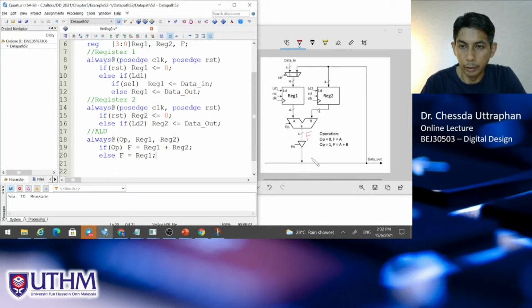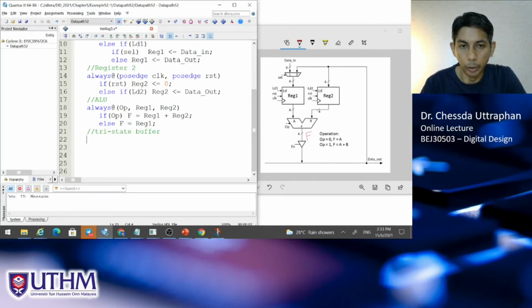And we need to define here also the 3-state buffer. You can use if else also, and you also can use data flow modeling. So if we use the data flow modeling, we can use assign keyword, assign here the output data out equal to, we can use this enable, if enable equal to 1, data out should be equal to f. Else if enable equal to 0, data out should be